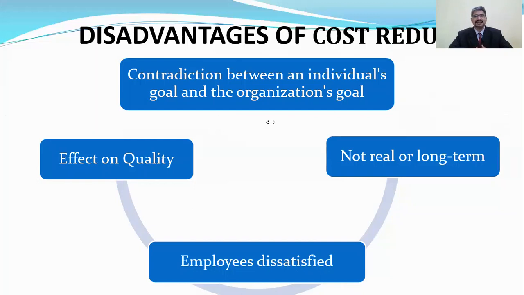So it is likely that the expense decrease isn't real or long term. It may not be based on valid reasons, and the costs may return to their original levels once temporary factors, such as lower material prices that caused the cost reduction, fade away. Sometimes it is unrealistic. Sometimes due to market conditions we get the material at lower cost, but that will not be possible always. So this sort of situation may cause problems in future,